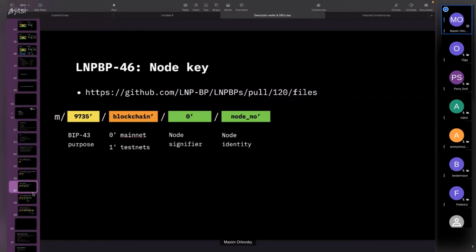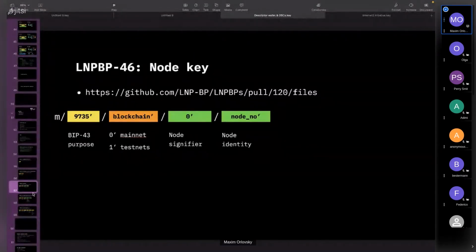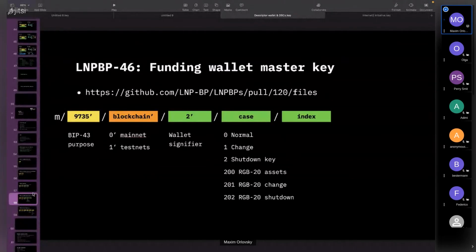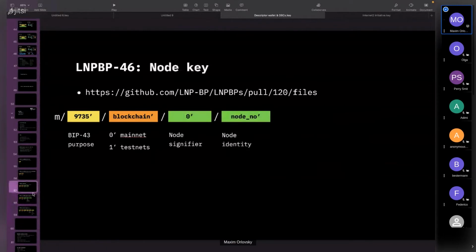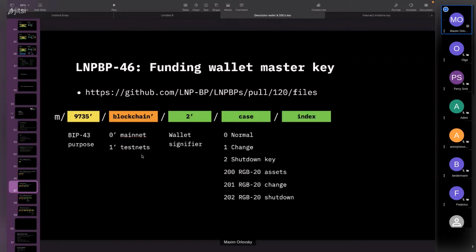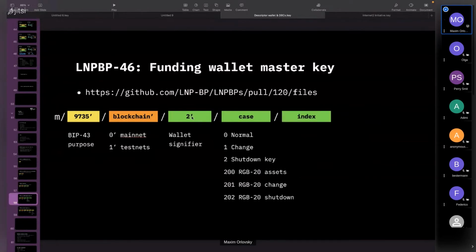Next, we will have 3 types of the extended public keys used by the Lightning node, channels and funding wallet. So the keys for the Lightning node, the keys for the funding wallet, and the keys for the channel construction. The specific type of key we derive is specified at the 3rd index. So we will have 0 for the node key, we will have 2